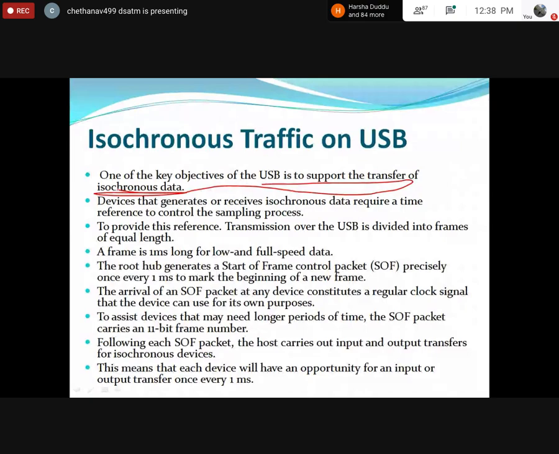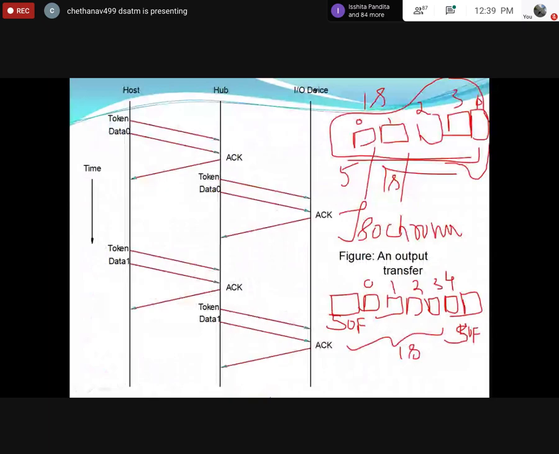Okay, I think you are able to understand this. So by this, I think even you can see in 1 millisecond how many frames, how many data packets you will send. That is one frame consisting of totally 5 packets. So like that, you have n number of frames you will create, and for each frame you are going to give the number. Frame number 1, frame number 2, frame number 3, like that.